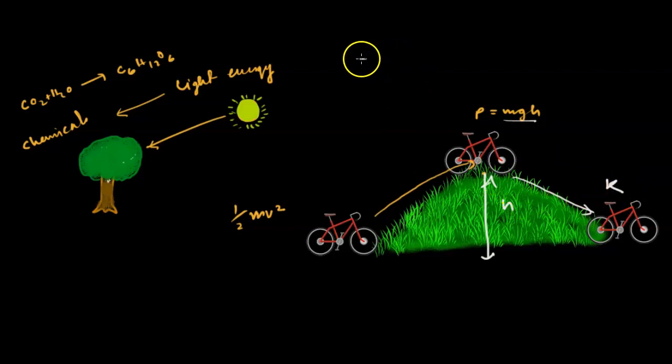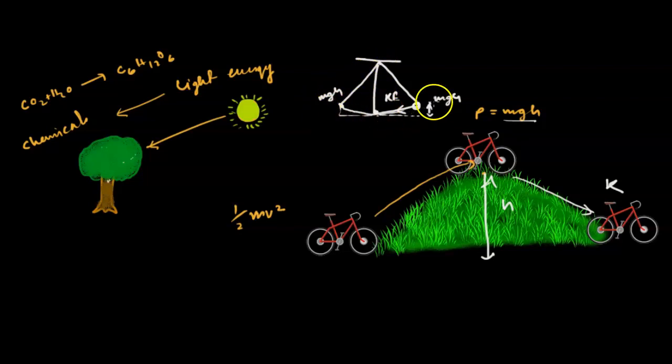The same thing happens with the pendulum. Suppose you move the pendulum from here. It will start moving and reach a certain height. From this level it contains potential energy, which is mgh, and this potential energy will start converting into kinetic energy. With the help of kinetic energy, it will move from here and again stop at the same height on the other side. This kinetic energy will again convert into potential energy, and this will keep on going.